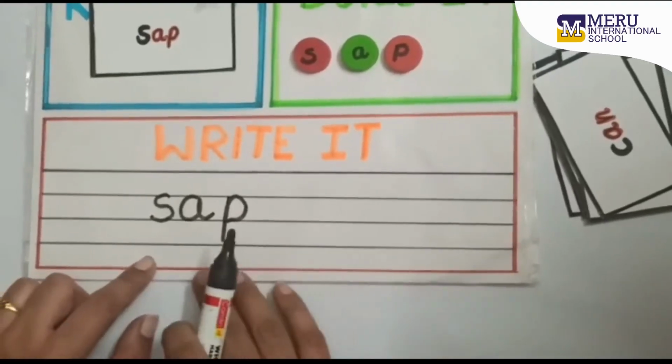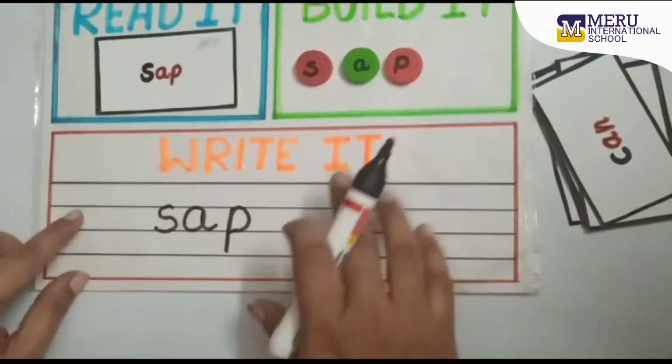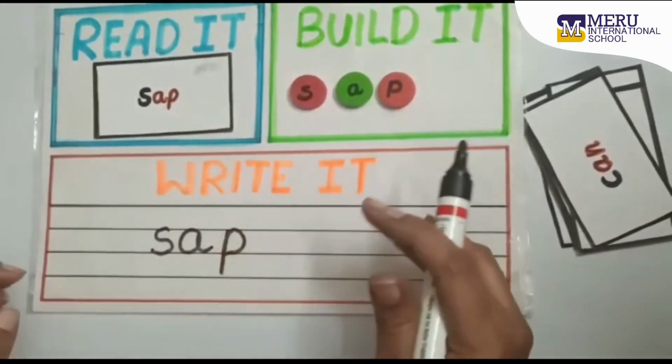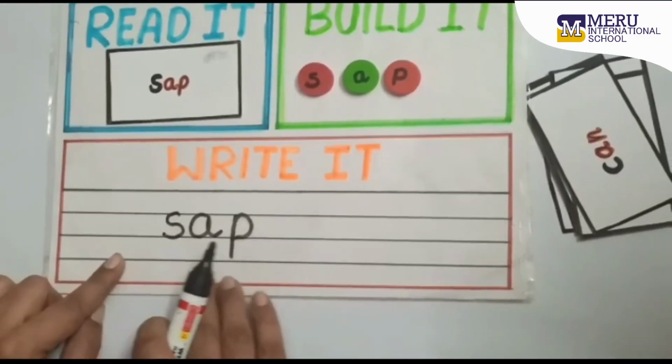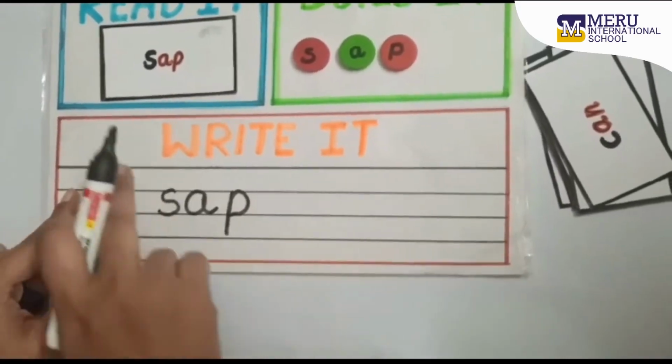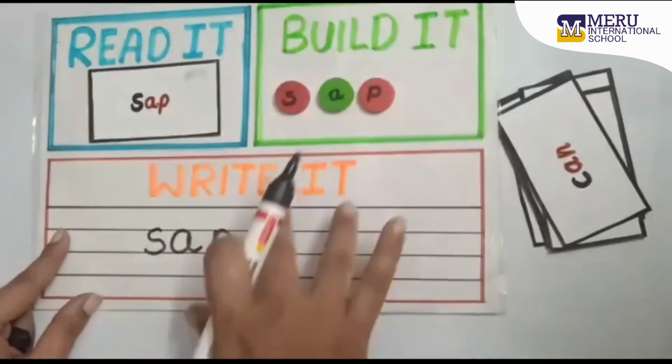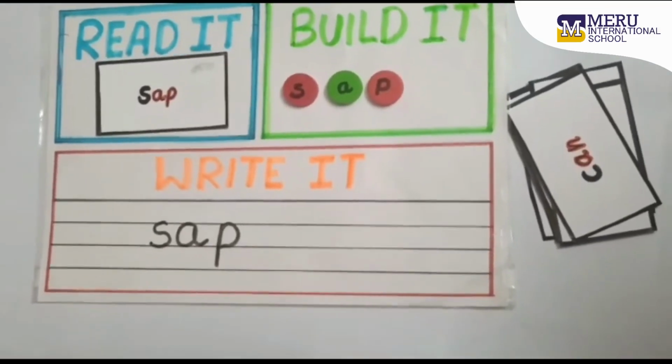In this way, the child will be reading the word, then building it by taking the letters from the group and identifying the letters, and even writing the same letters. So he will be learning the same pattern, same letters in 3 different ways. So this will definitely help him. This board game will encourage the child to learn the spellings in a playful manner. So you can also spend quality time along with the learning with the child.